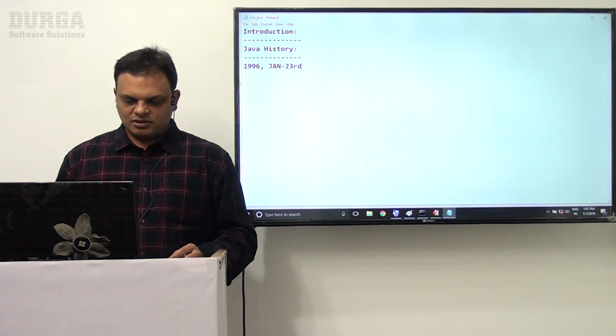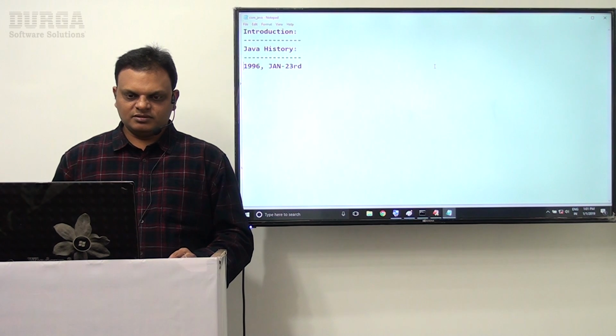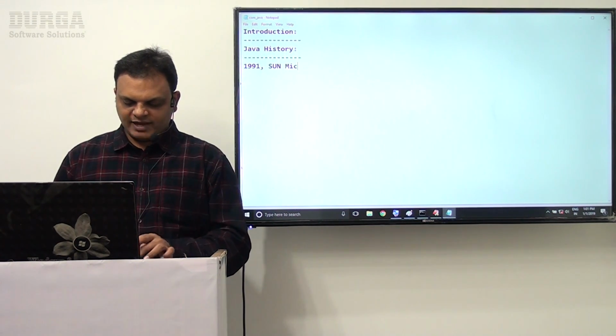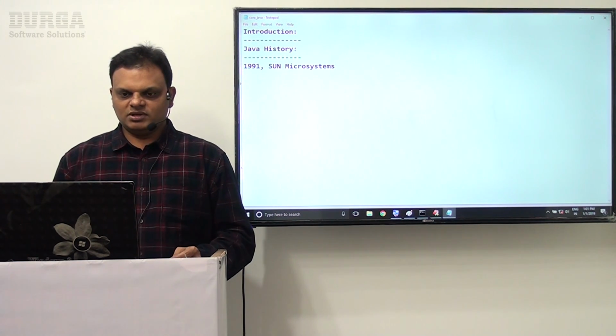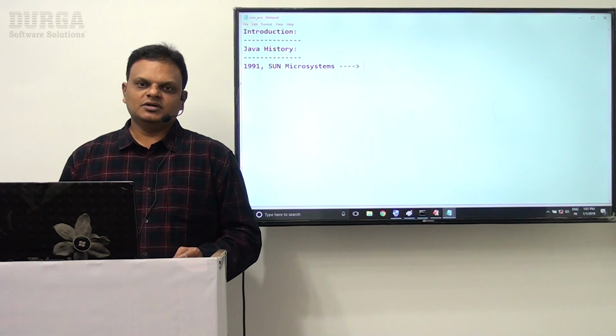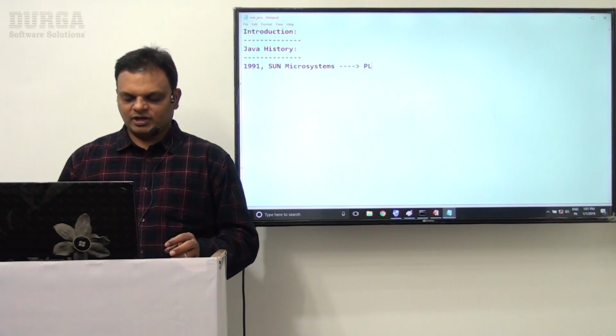If you observe this particular point, in 1991, Sun Microsystems had a requirement. They wanted to prepare a new programming language.